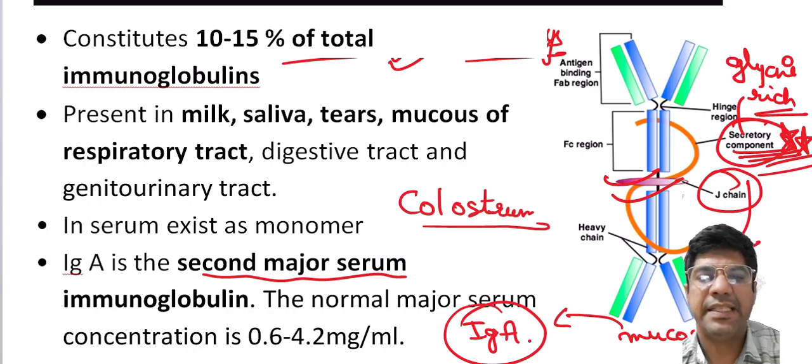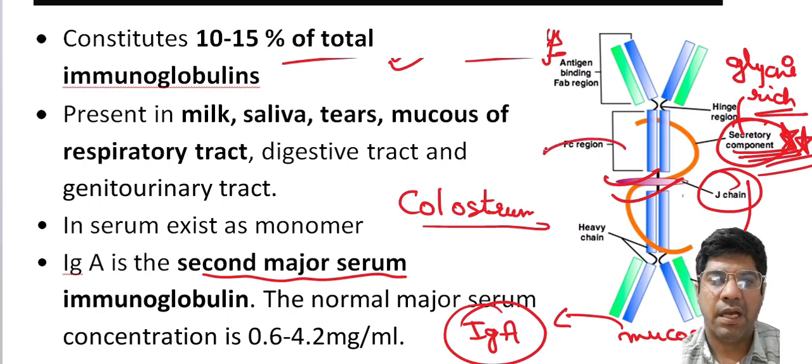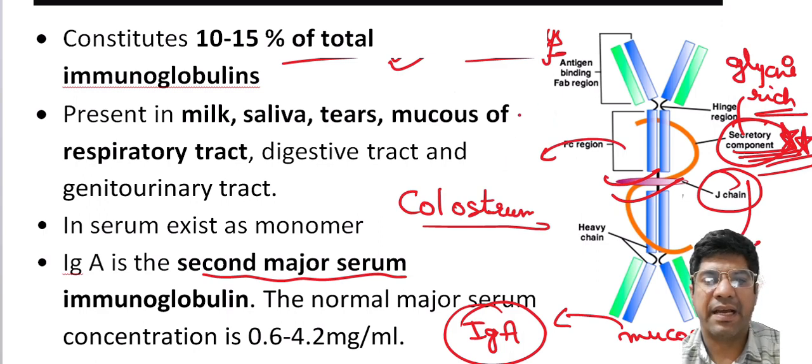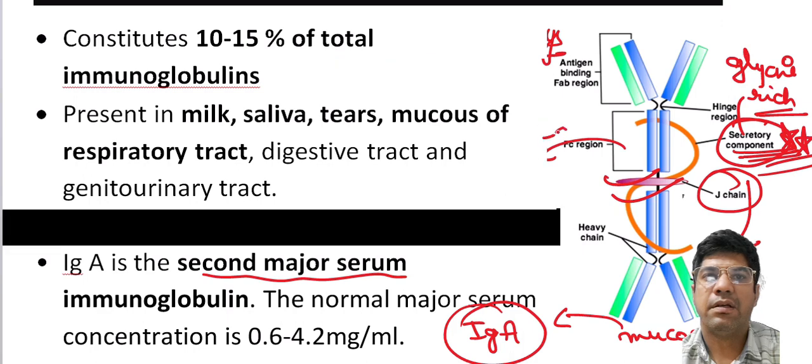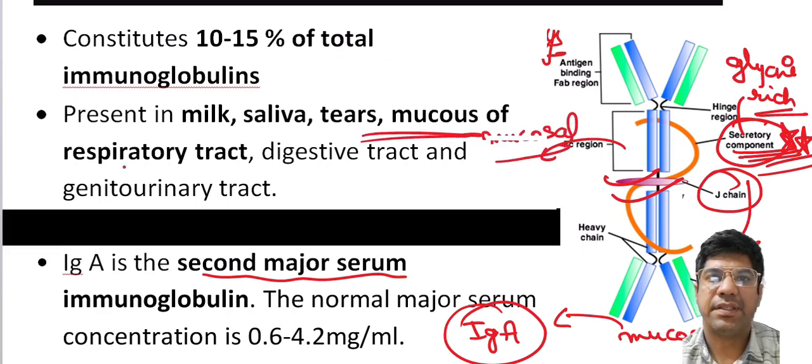Secretory IgA is relatively resistant to the digestive enzymes, and it is a reducing agent, which makes it effective in protecting the mucosal surface